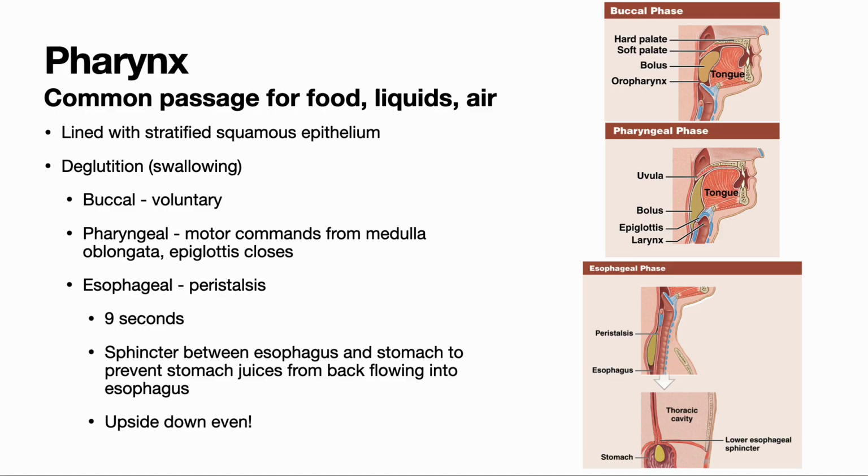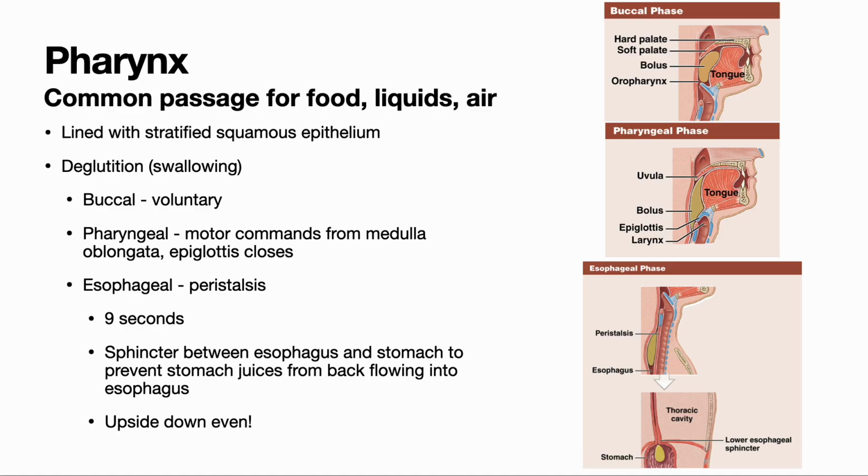So deglutition, or the process of swallowing, can be divided into three phases. The buccal phase is our voluntary phase. So you are capable of initiating swallowing, and that means you can also stop swallowing at this point and bring that bolus of food back into your mouth. The tongue plays an important role in both forming the bolus, or the ball of food, and also in moving that bolus back into the back of the oral cavity so that it can go down into